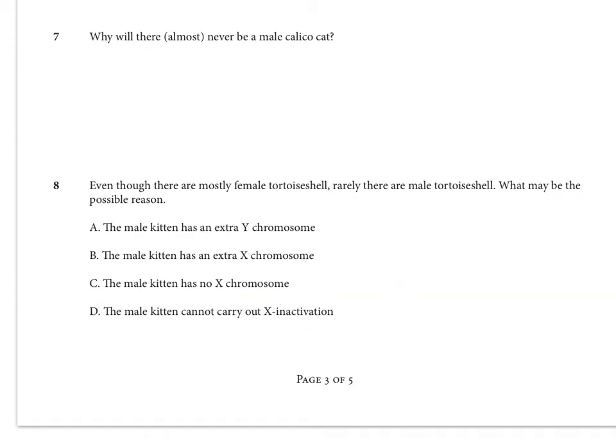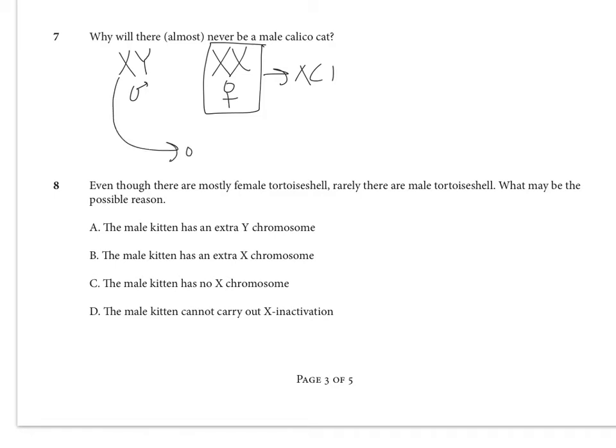We don't expect to see male calico cats because cats are mammals, and like all mammals, males have an X chromosome and a Y chromosome. Well, I should say almost all mammals have an X and a Y chromosome for males and two X's for females, and it's only the XX sex that undergoes X chromosome inactivation. Because the male cat only has one X chromosome, that one allele, or one version of the X chromosome, has one allele of the pigmentation